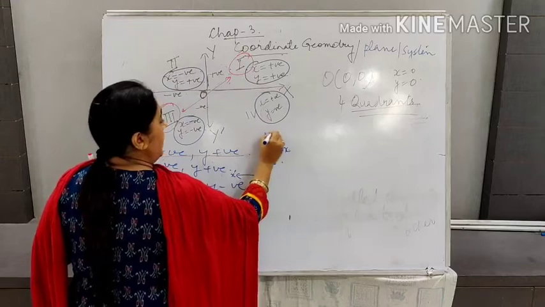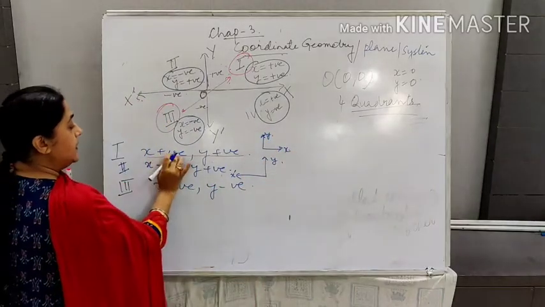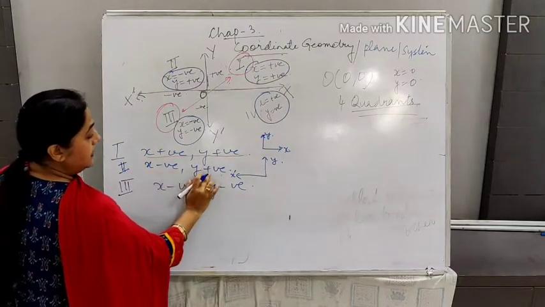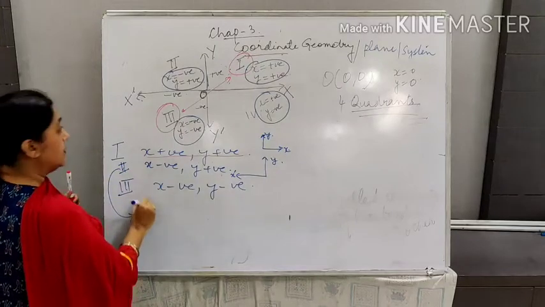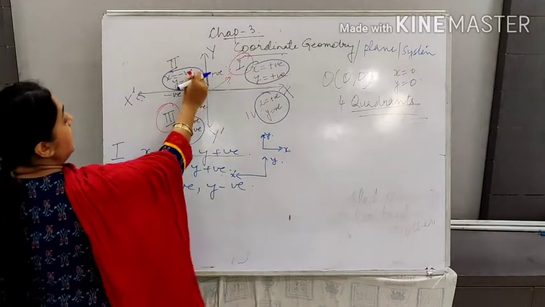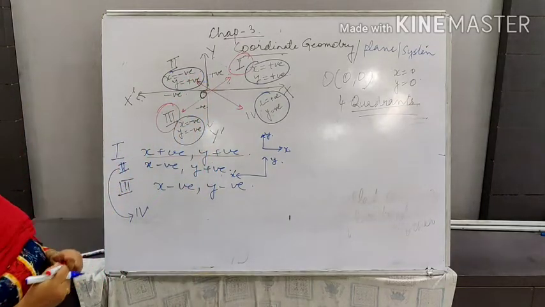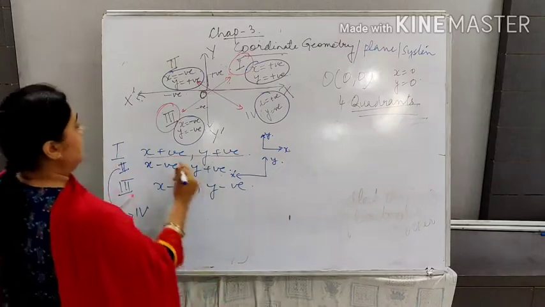X और y. Upper side पे y जा रहा था और this was on the right hand side. That is why I have written x positive, y positive. Second में क्या हुआ? X negative, y negative. तो second का opposite कौन सा है? Fourth. Can you see here? Second quadrant के opposite कौन सा जा रहा है? Fourth. So whatever is in second quadrant, उसका opposite जाएगा fourth quadrant.